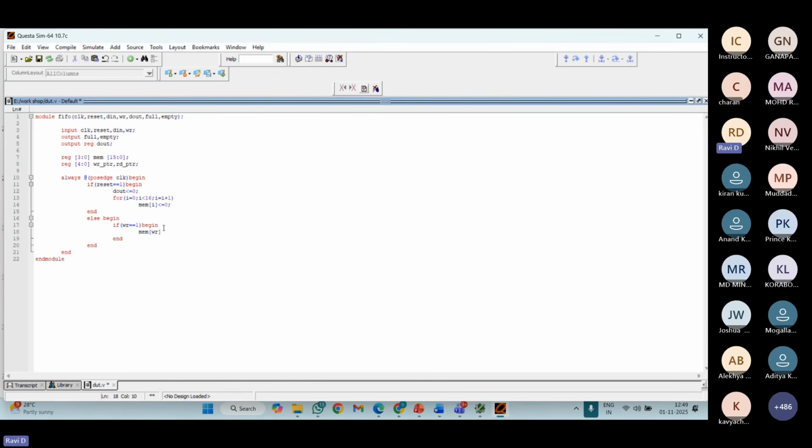Inside my write pointer, I'm going to send D in, and after writing that, I need to increment it. So WR_PTR equals write pointer plus 1. Like this, I'm going to increment my pointers here.